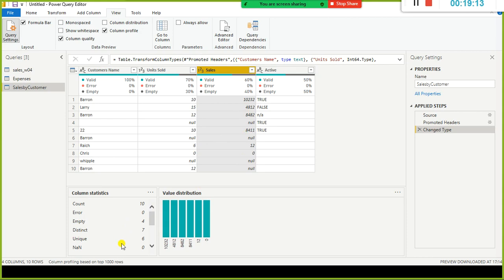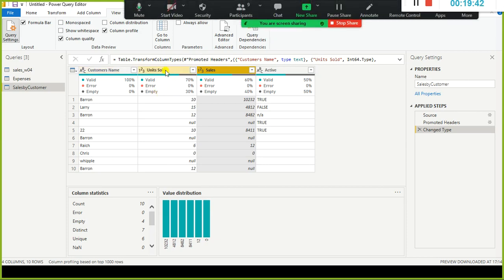Hope you understood the difference between distinct and unique clearly. I repeat one more time. Distinct helps us find the total number of different values, regardless of how many times they appear in the data set. Whereas unique helps us identify the total number of values that appear only once.